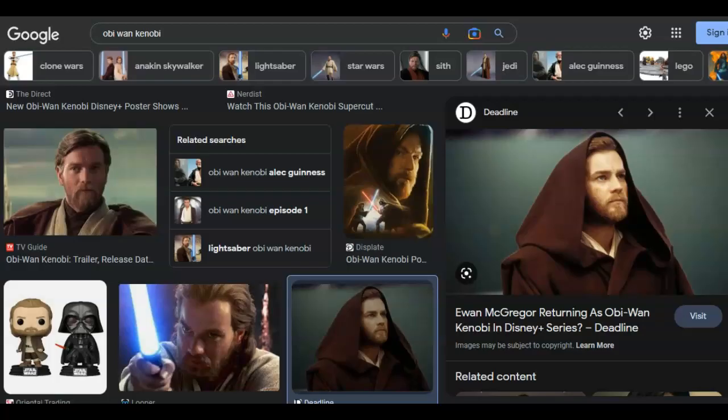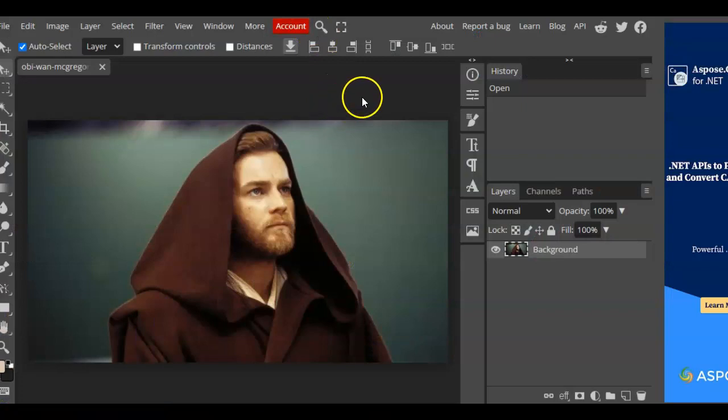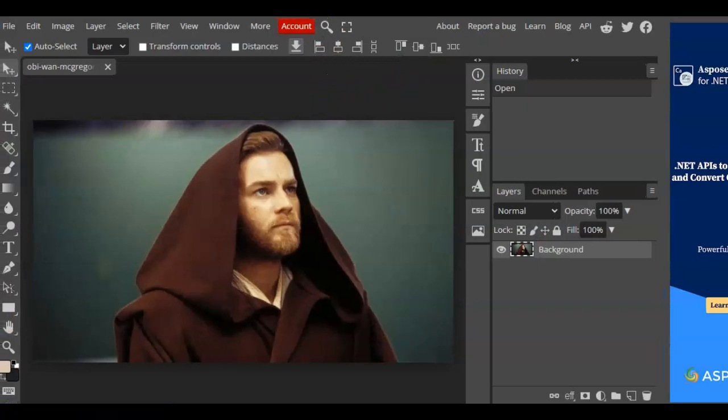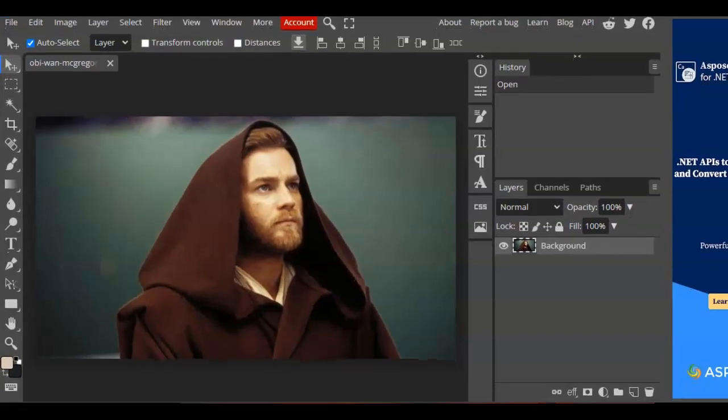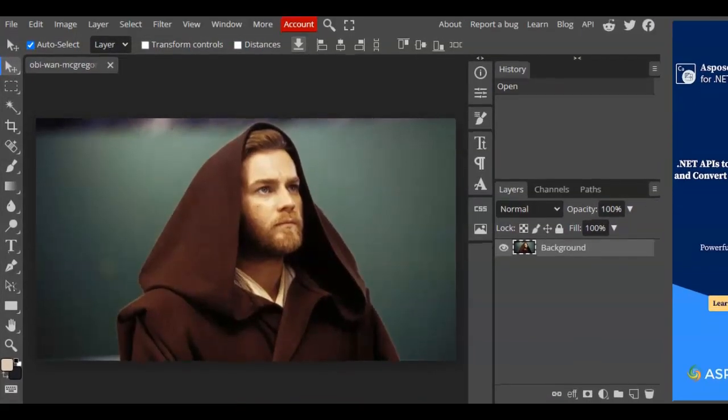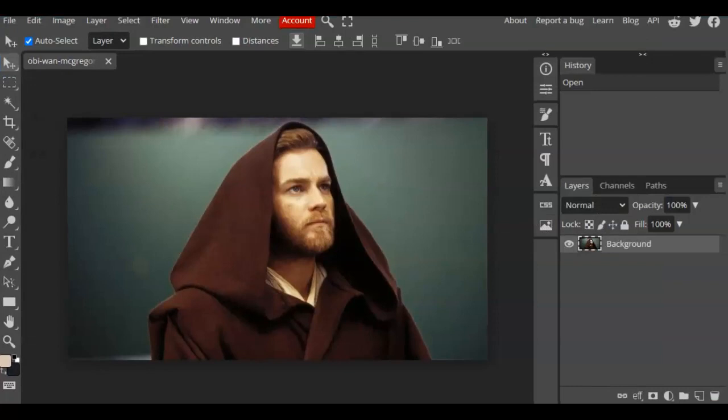So I did a search for Obi-Wan, and I found an image. So I opened it up in Photopea. Let me see, is this correct right there? Photopea. Oops, hang on. I guess that's fine. And